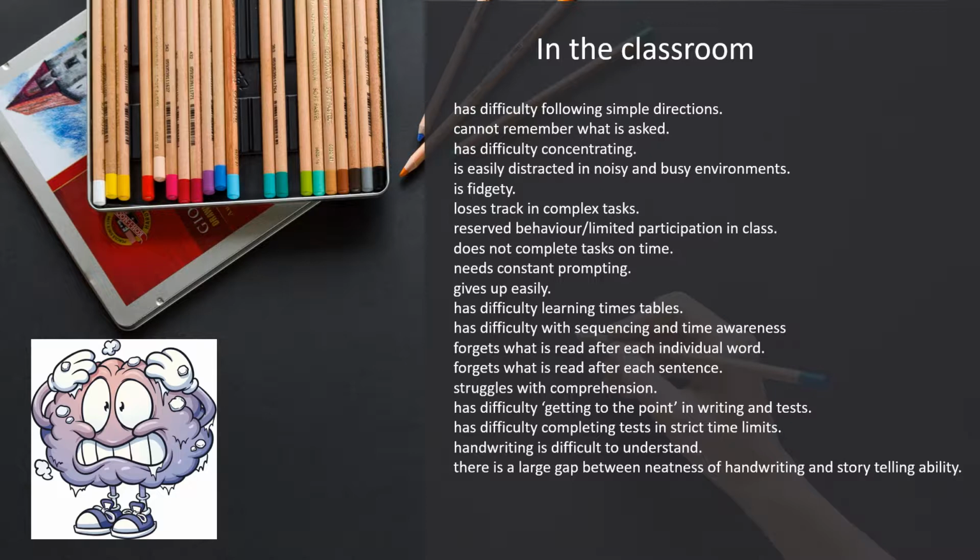So you'll notice these particular children, when you say open your blue book to page 7, complete activity A, F, and M, for example, or even A, B, and C, they'll still be the kids sitting there with the blue book, hopefully the blue book open. Sorry, miss, what did you say? Sorry, sir, I don't know where to go from here. They can't remember what's asked. They're the children and the adolescents that will constantly say, sorry, what did you say, miss? Where am I up to again?